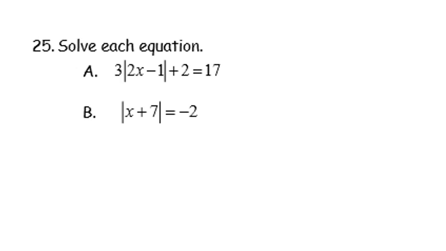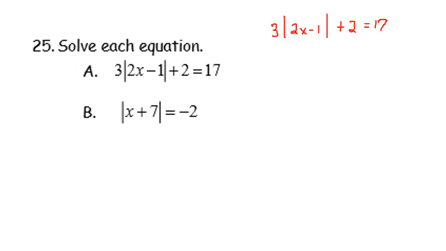Alright, so let's look at 25A. We're solving this equation. Notice that we've got absolute value. So remember, usually whenever you have absolute value signs, you will have two answers. So right here we've got 3 times the absolute value of 2x minus 1 plus 2 equals 17. Remember, you have to get the absolute value signs all by itself, and you never, ever, ever distribute into absolute